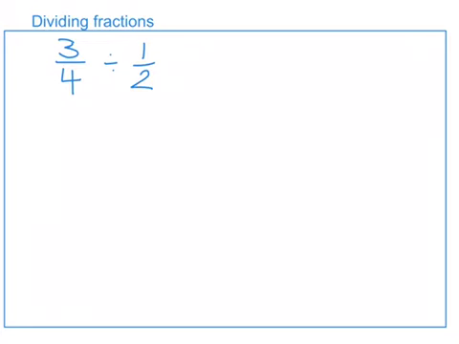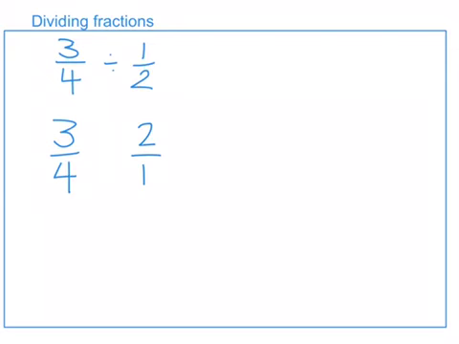So let's see that with a slightly more complicated example. So let's start with the fraction 3/4, okay? And I'm going to do 3/4 divided by 1/2. So the divisor is a half. That's how many times does a half fit into 3/4 would be another way of thinking of this. So what we've said is we're going to keep the 3/4 as it is. So the 3/4 stays exactly the same, and we're going to invert. We're going to turn this number upside down. So the 1/2 is going to become